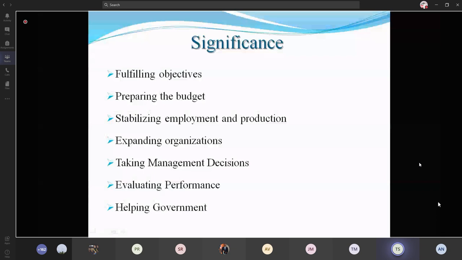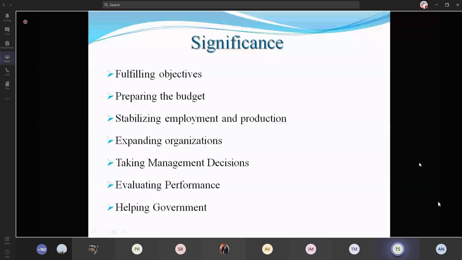And evaluating performance. This helps in making corrections. For example, if the demand for an organization's product is less, it may take some corrective actions in the current period itself, and they can improve the quality of the products for the future rise of demand for those products. So evaluating performance is used for making corrections in the current period, based on the demand forecasting.